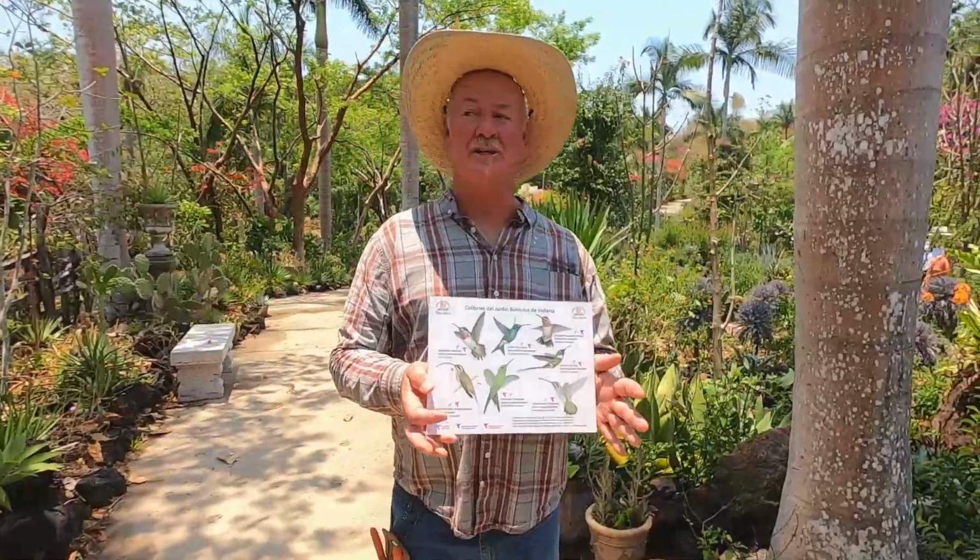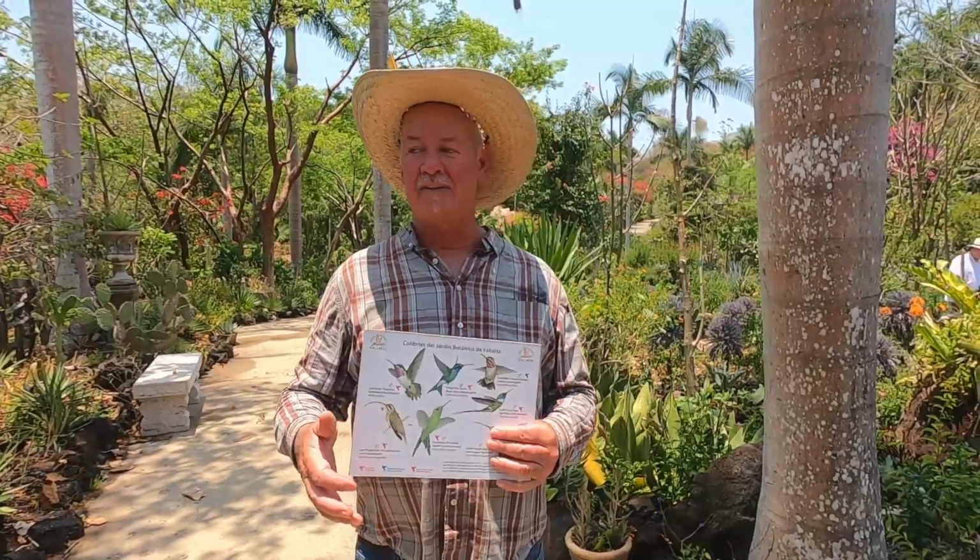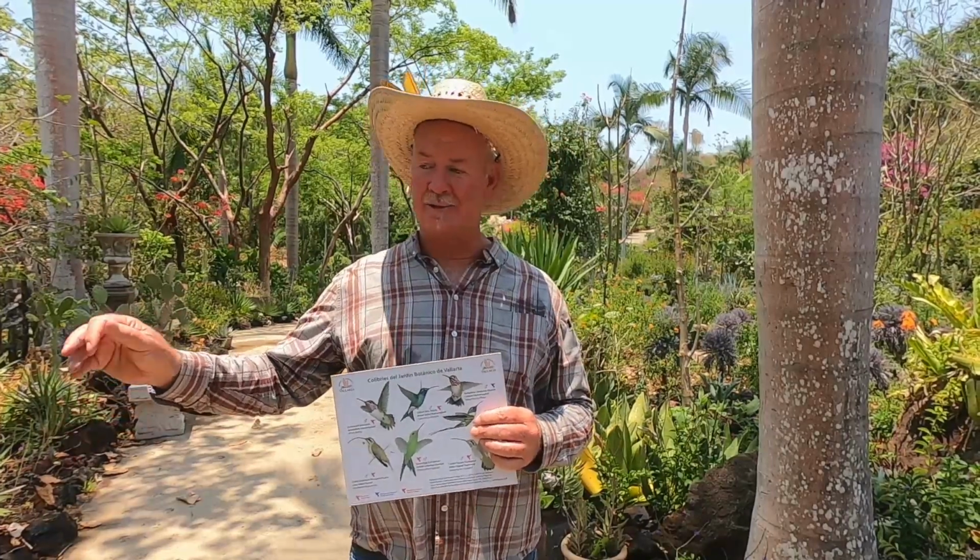Yeah. So I mentioned the hummingbirds here are migratory and that they appear here at this botanical garden right as the dry season's coming on, which is now in late May or mid-May. We start seeing them coming, and then they're going to be here through June, July. The rains will start in July, hopefully, and then the rainy season will continue on to October, November. So we will see the hummingbirds here in their largest concentrations from May till about October, and then they'll start